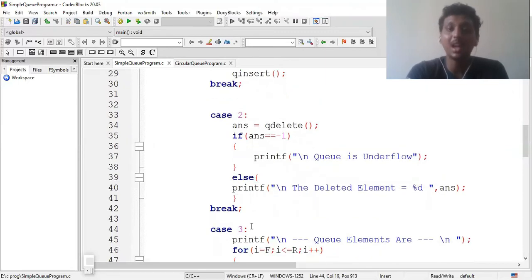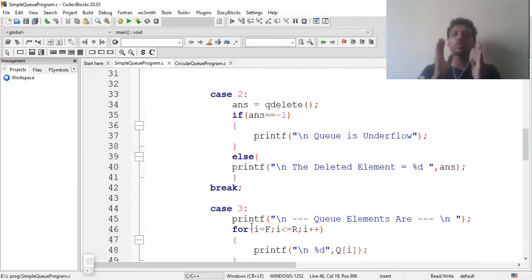As a stack works from 0 to top in a program, same like that, Q is from front to rear. Q should be printed from front to rear. So I am writing i is equal to f, i less than or equal to r, i plus plus.